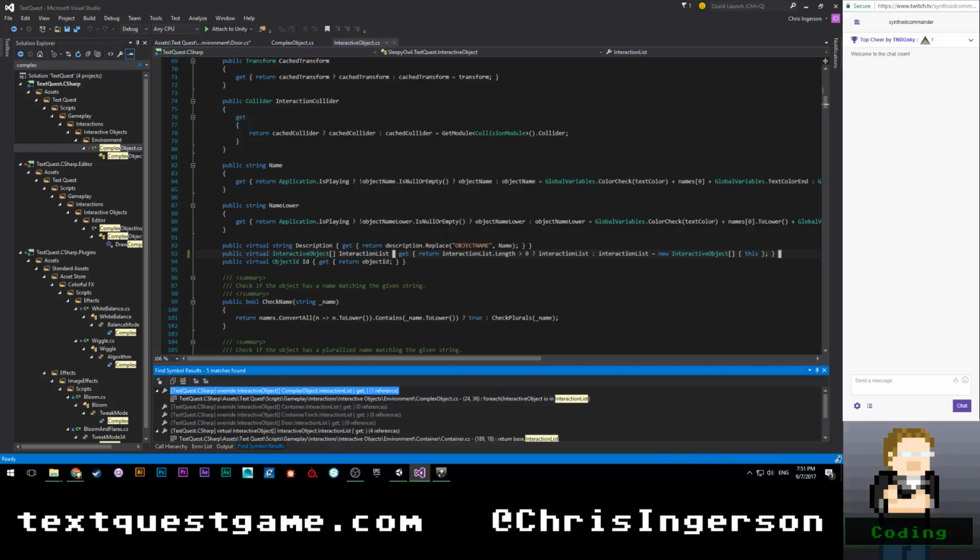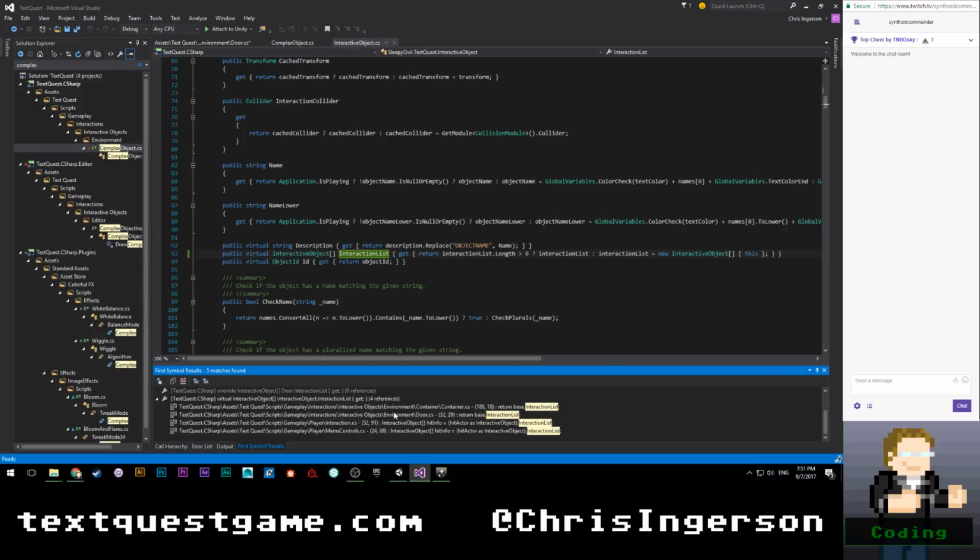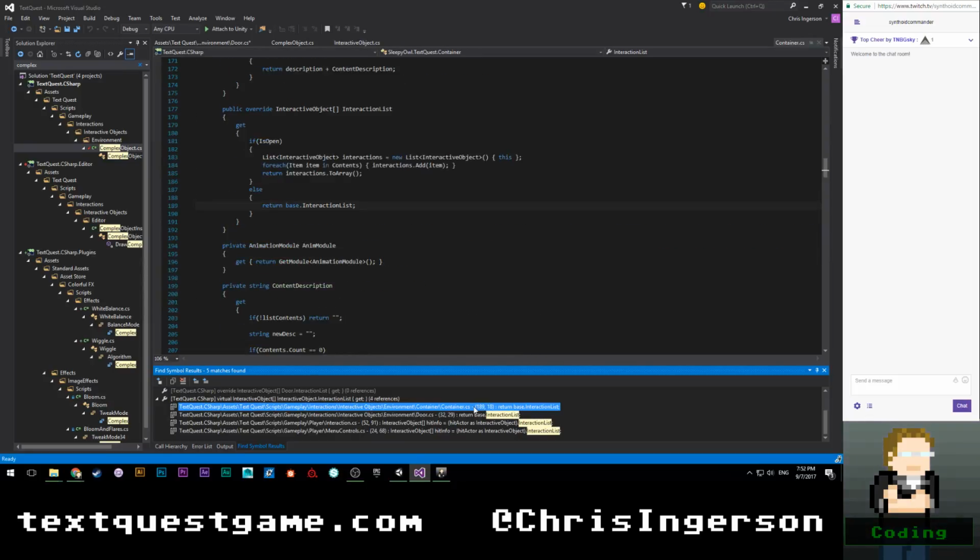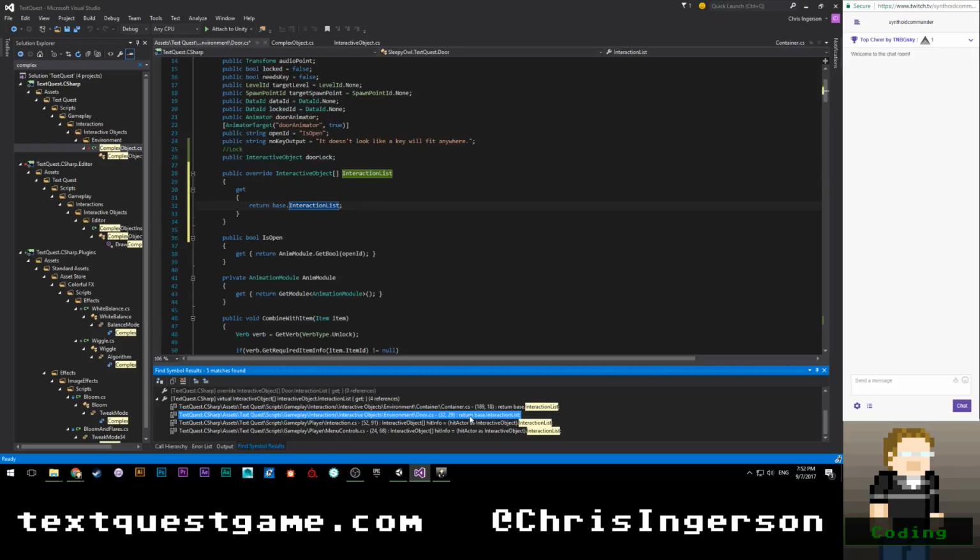And I'm also going to go ahead and check where we're overriding this. Based on interaction list. Really? I wonder. Yeah, I suppose that actually does need to be dynamic. So the container has to be dynamic, which means that it's always going to have to generate garbage, unfortunately. Because containers, by their nature, can have their contents changed out. So let's see. Door should be fine,